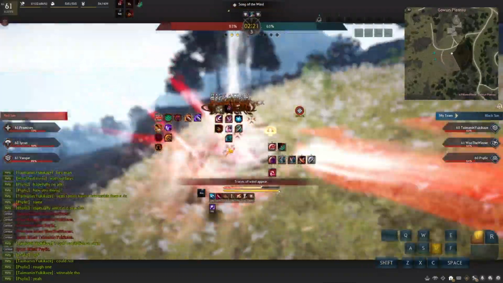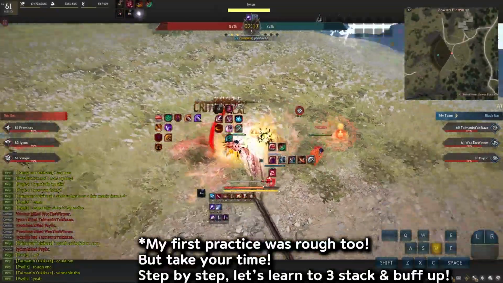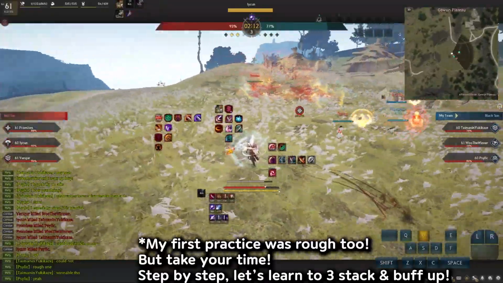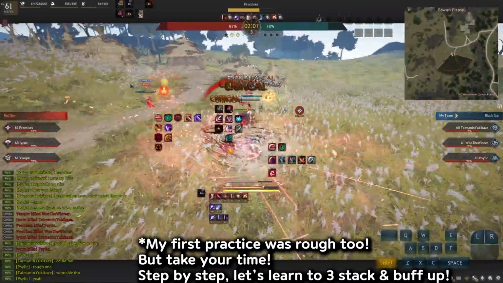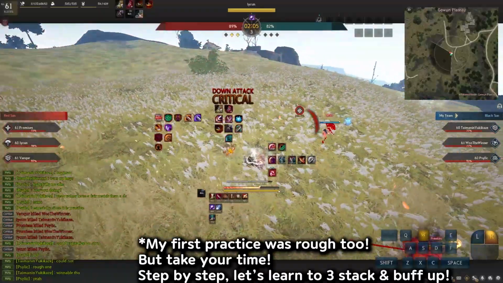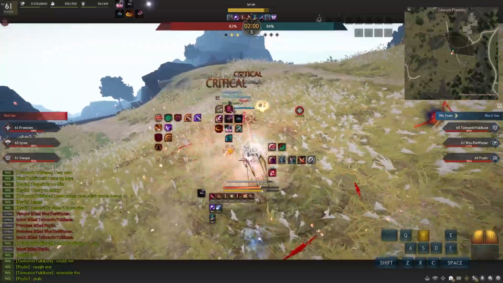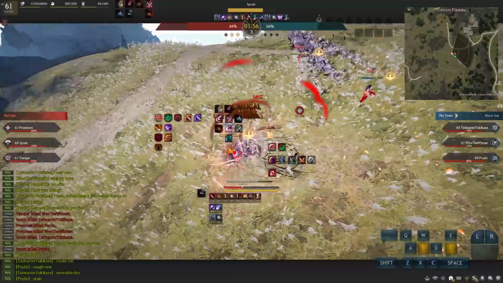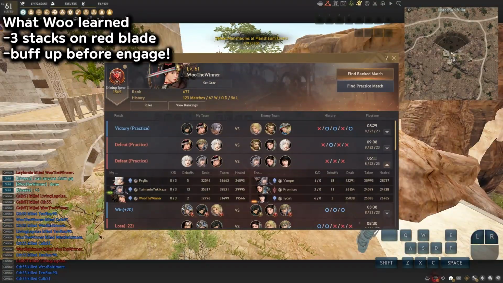Now I'm just getting speed buff right here. And then it seems like I got the 3rd stack, and now let's try to go in. Try to give CC with Shift+RMB. Nothing there. And I died. So my first game, very nervous and trying to still practice on Maehwa for PvP, and most